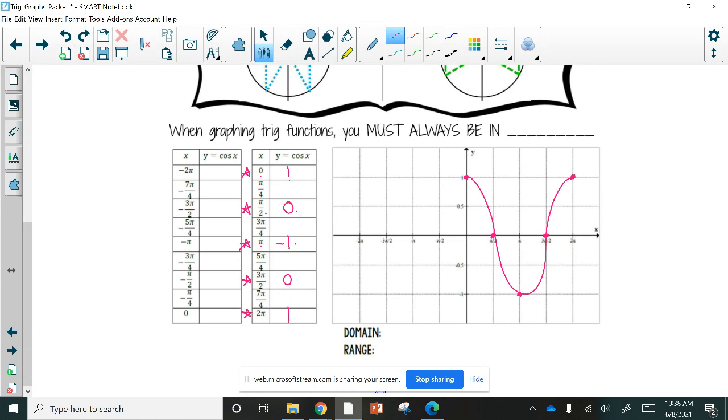Okay, not my best, but it's okay. So sine, remember, has